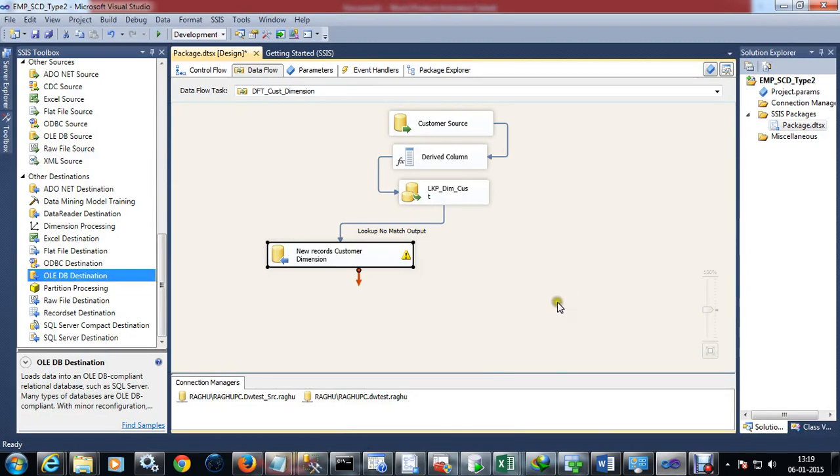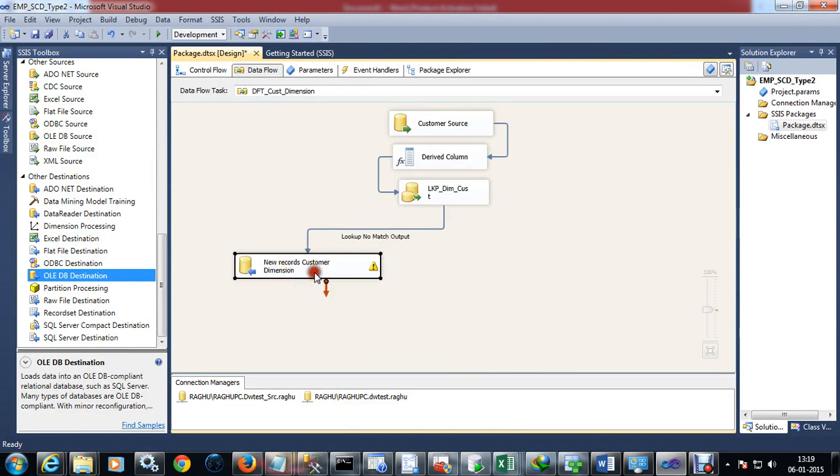Okay, so this will insert all the new records into the target. Now the next thing is we have to identify the updated records. Updated records means the records exist in both source and the target, source and the dimension, and if there is any change in the critical column, that becomes your updated records. For this we have to check the critical columns. We have to compare the source with the dimension columns. So for this we have to take